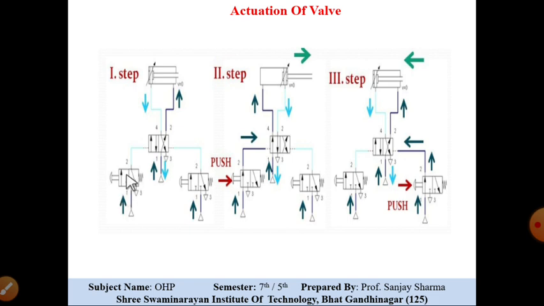So I hope the topic of actuation of the valves is clear to you, how the actuation takes place. What is actuation? Actuation is the operation of a valve. It means opening and closing of the valve. Again, there are 4 different types. These all four types are the direct control system, the direct actuation system, that is mechanical or manual, solenoid type, hydraulic type, and pneumatic type.